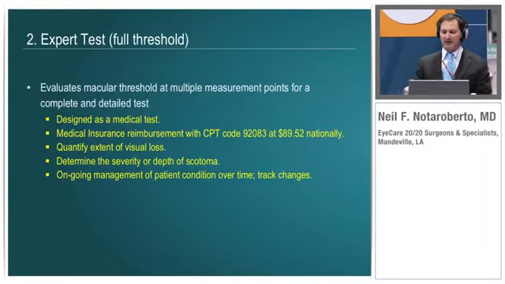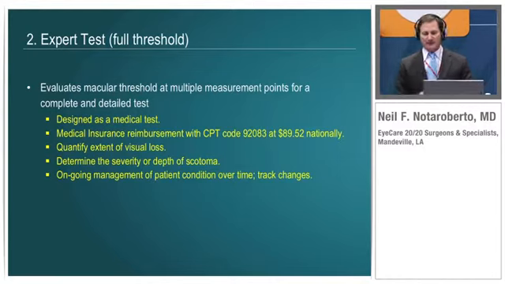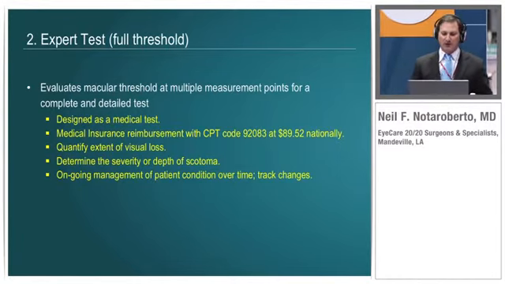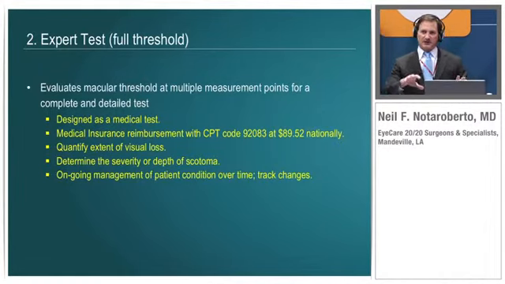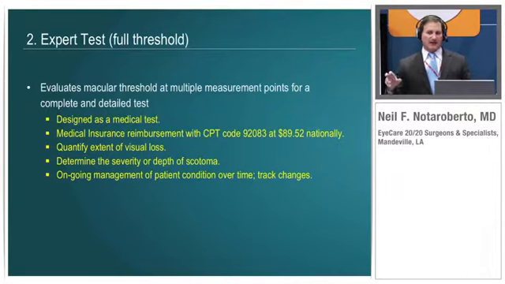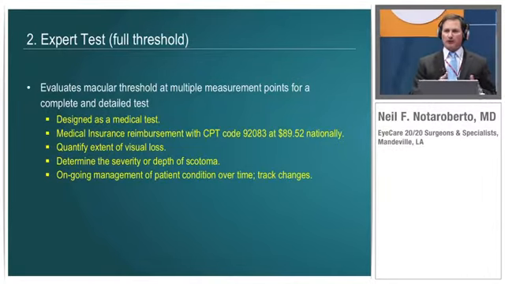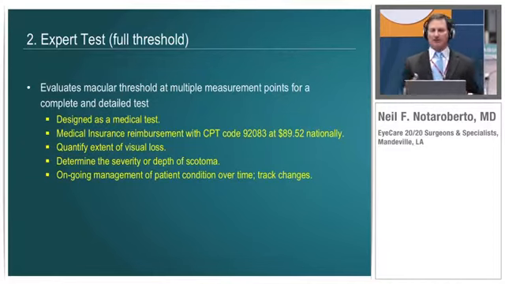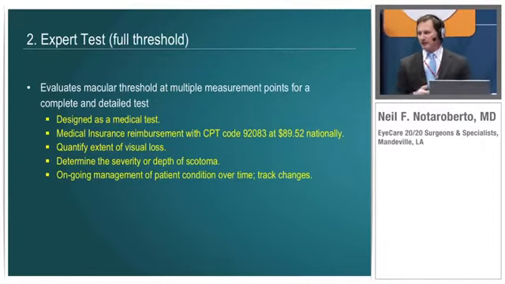So we move on to the expert test, where it's full threshold. It's designed as a medical test, has a CPT code associated with it, so it's reimbursable. And not only does it give you the severity of the scotoma in a certain area, but also the extent of the visual loss, again, on a granular level. And that's the static data. Not only does it give you static data, but it also gives you dynamic data. This dynamic data will help you track changes, the evolution, the progression, regression, depending upon the treatment modalities you're using